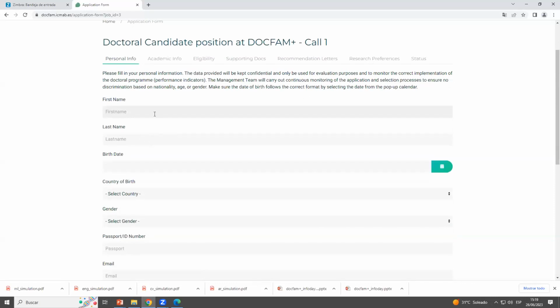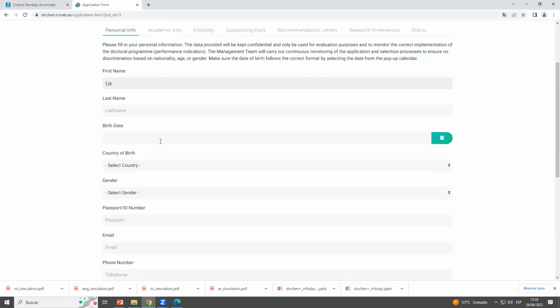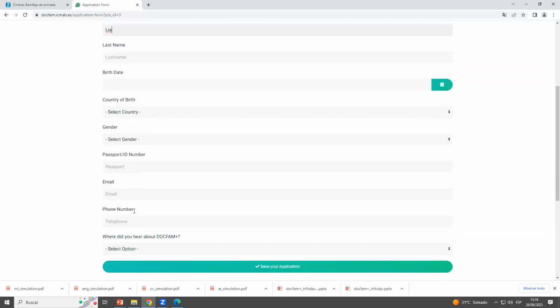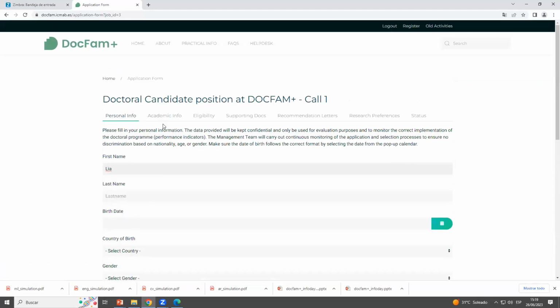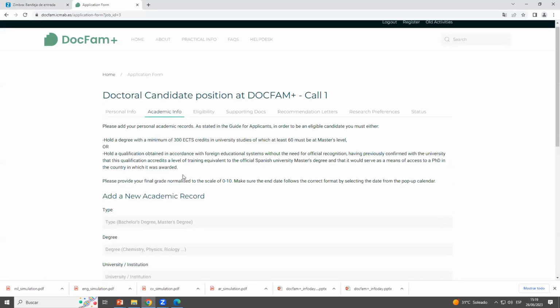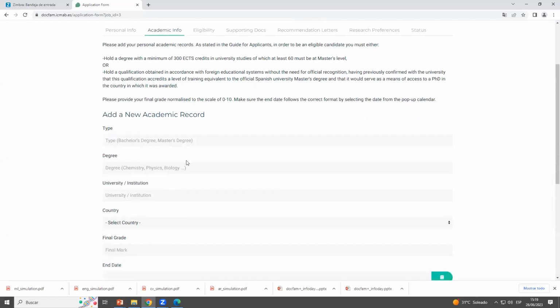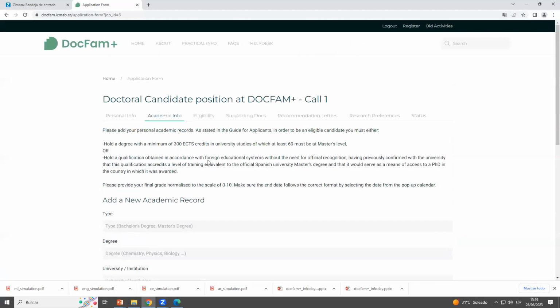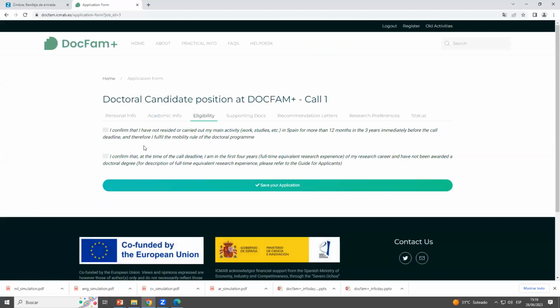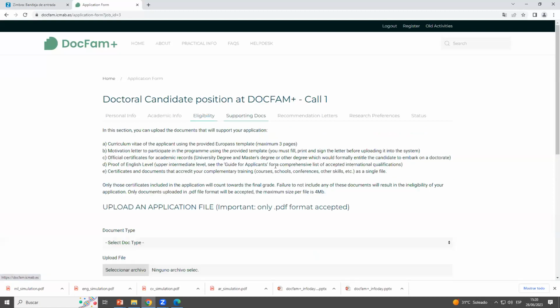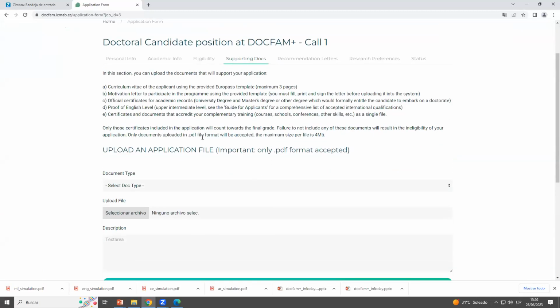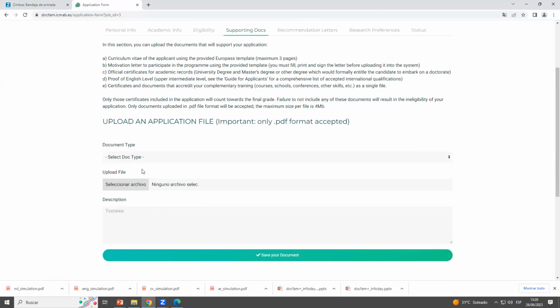Now I will. Okay, yeah. So you will have to enter your personal information, here your academic records, and here click on eligibility. So you need to think about if you are eligible or not. For the supporting docs, you need to at least